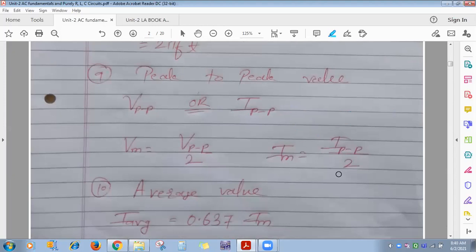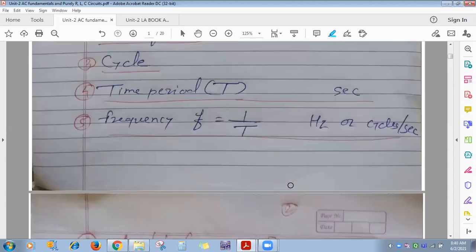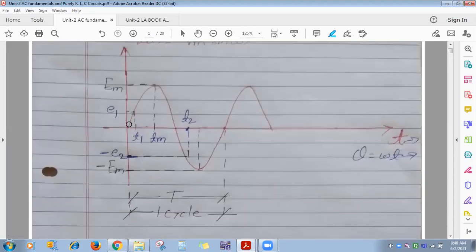The average of all instantaneous values is called the average value. Now, see, these are all instantaneous values, whatever I am going to denote with a dot. So the average of all instantaneous values is called the average value of that alternating quantity. Now this waveform is symmetric about the x-axis. All values of the positive half cycle are positive, and all values of the negative half cycle are negative, and it is symmetric about the x-axis.